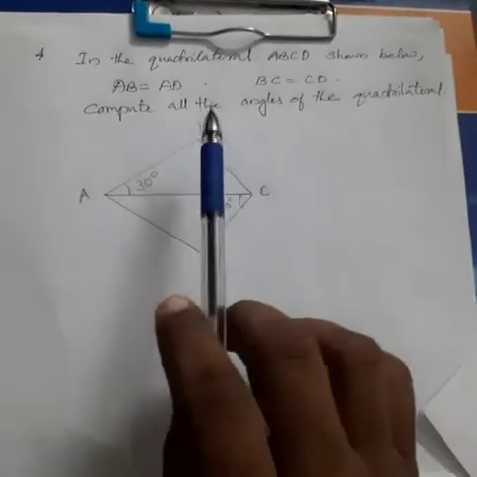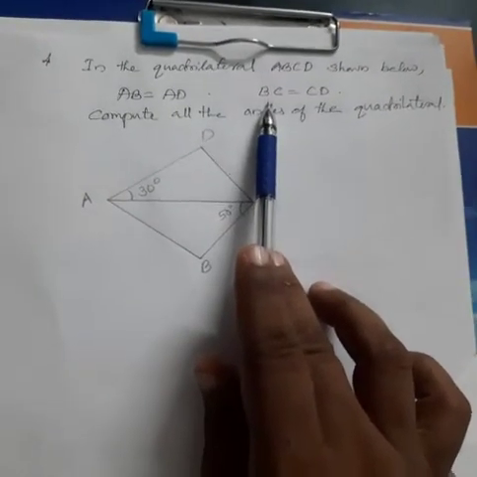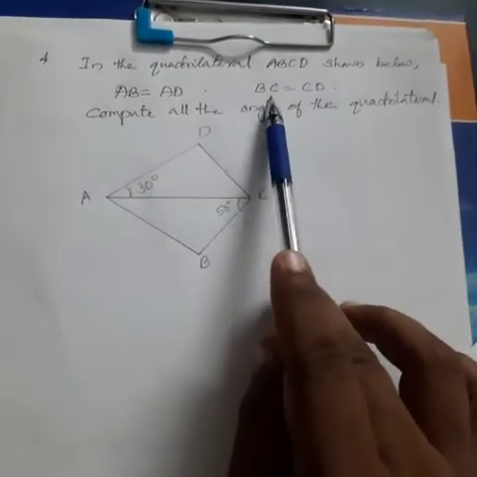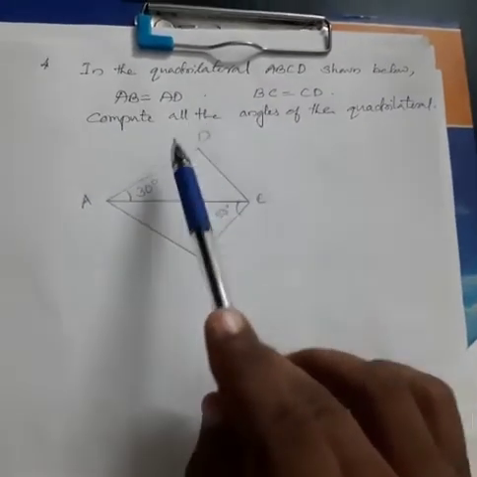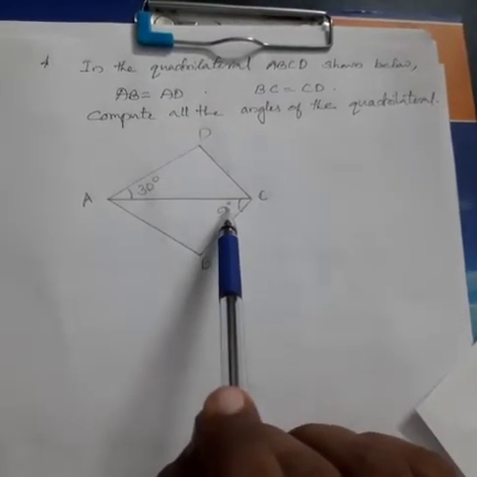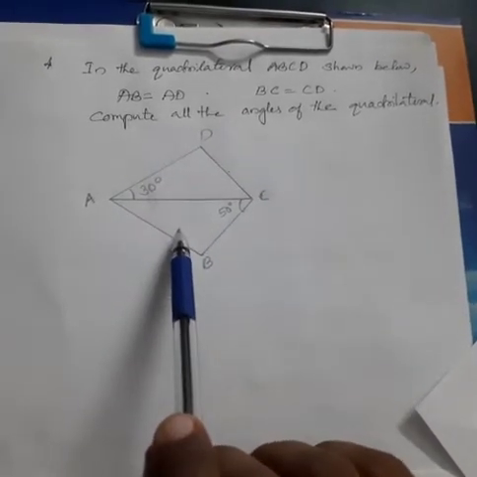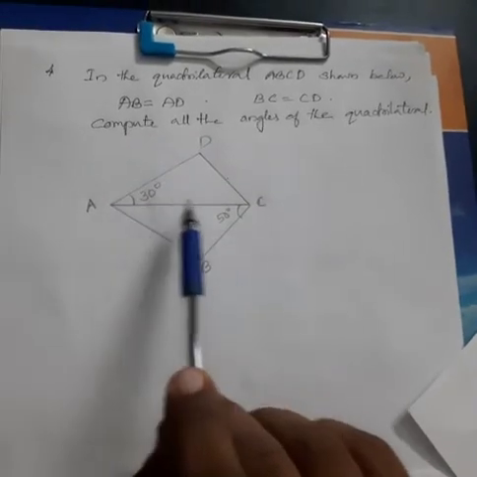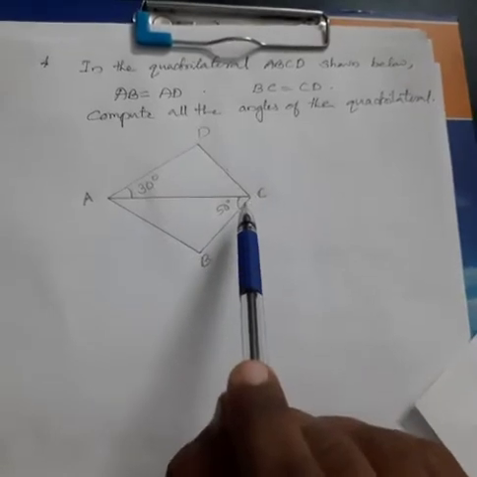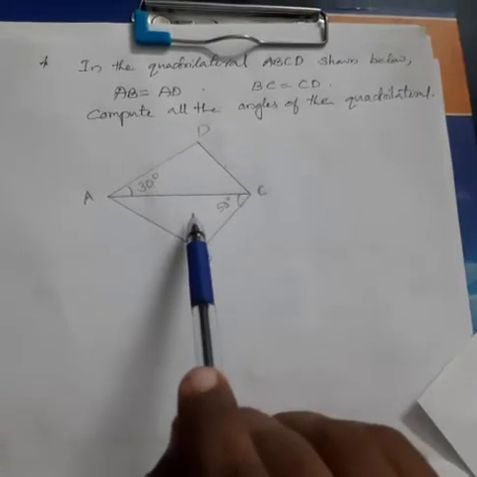See the question. It is given it is a quadrilateral and 2 sides are also given. The equal sides are given, and in the quadrilateral AC we are drawing as a diagonal. So this quadrilateral splits into 2 triangles. One is triangle ACD and another triangle ABC. And the third side is common for both the triangles.